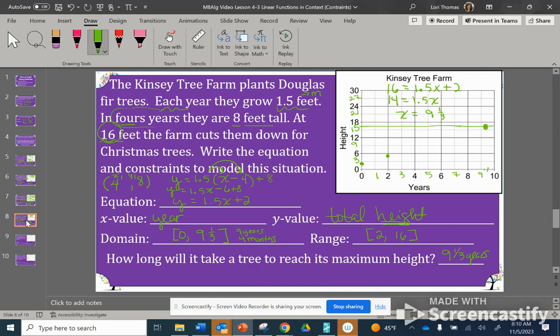Now, can we have partial years? Well, absolutely. And can we have partial height? Of course. So this is going to be a continuous graph. And so we are going to connect the points. So again, we used